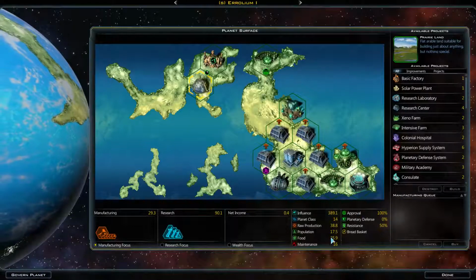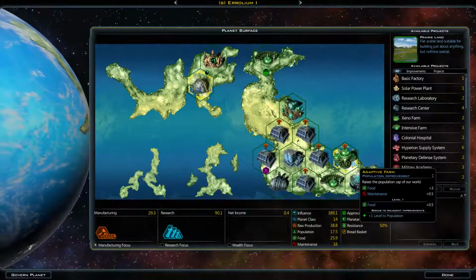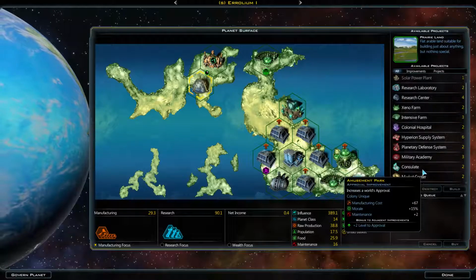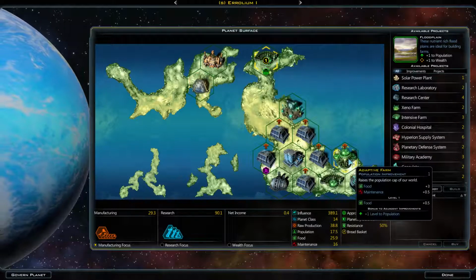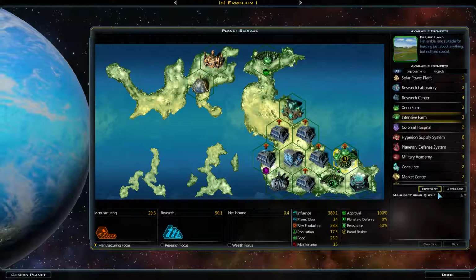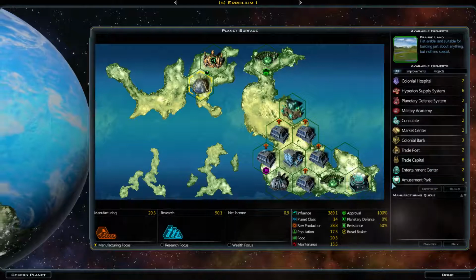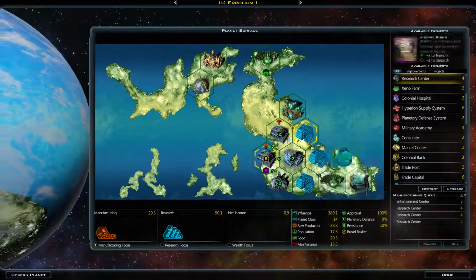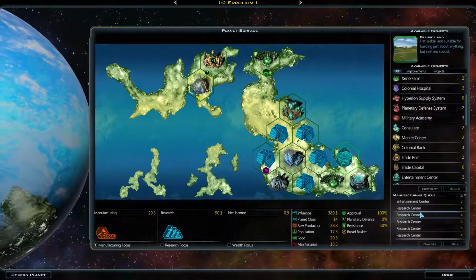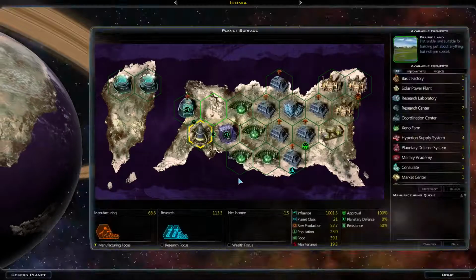Okay, we got a place for 25 people. Why did I build a farm here? We need approval. Yeah, we really need approval here instead of a farm. Why did I build that? Where is it? Entertainment center. There we go. And just upgrade a couple of these fellas. So we get more signs. Oh my god, everybody's...